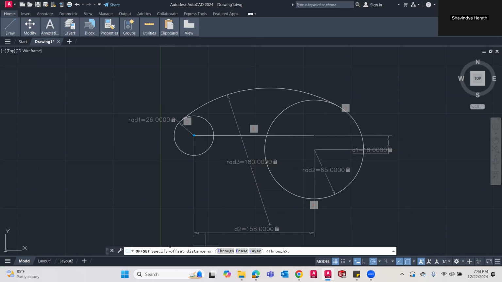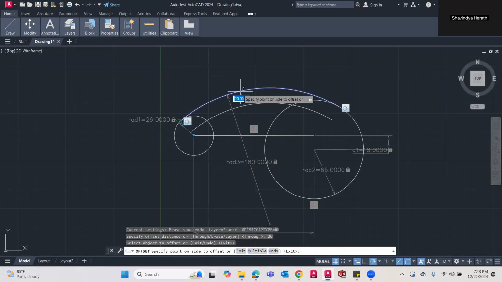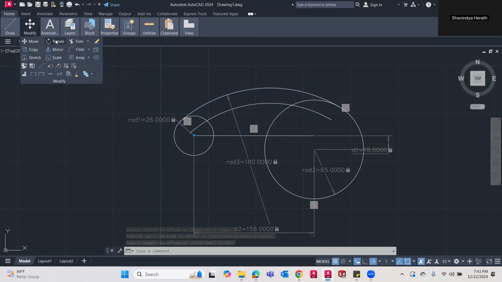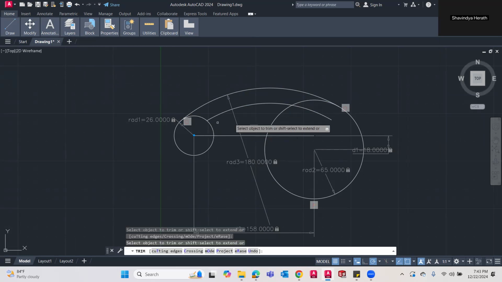Offset distance is 20 and press enter. Object is this one. Direction is this direction. Okay, press enter. And I need to trim the excess part, this part and this one.